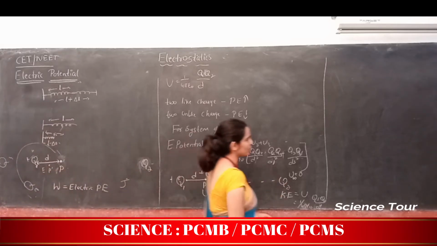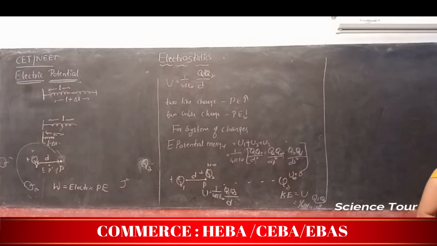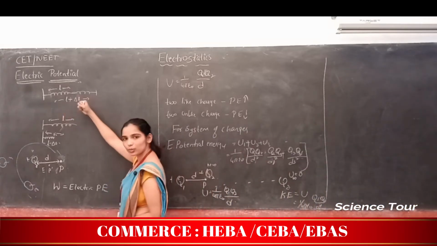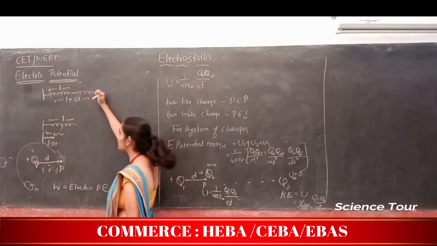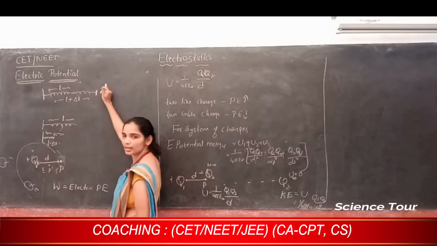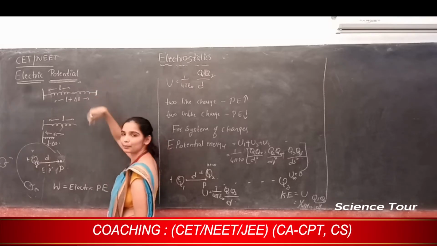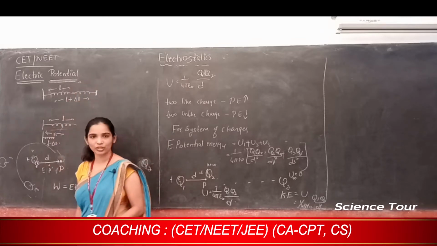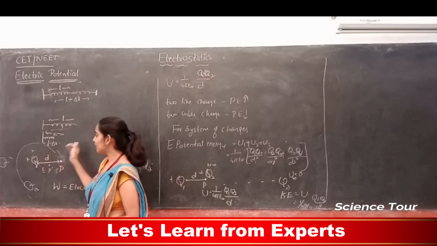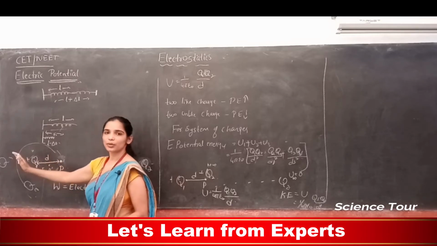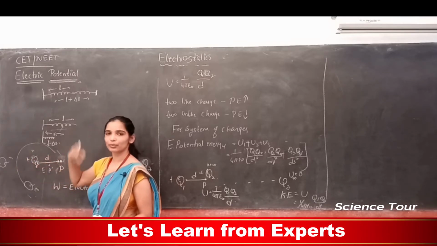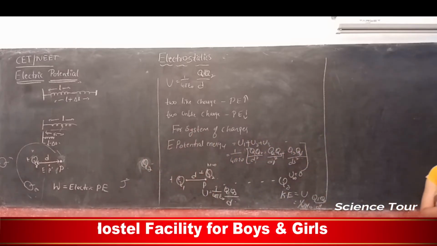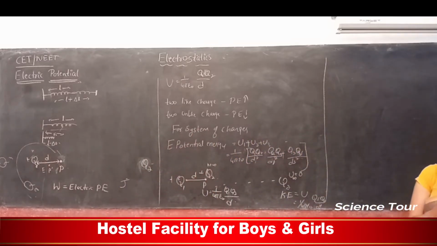So here potential energy is converted into kinetic energy, just like a spring. When you pull it, work has to be done, and that is stored as potential energy when the spring is expanded. When you release it, that potential energy is converted into kinetic energy, so it goes back to the original length. Similarly, when you compress it, potential energy is stored, and when you release it, that is converted into kinetic energy. A similar thing takes place here.